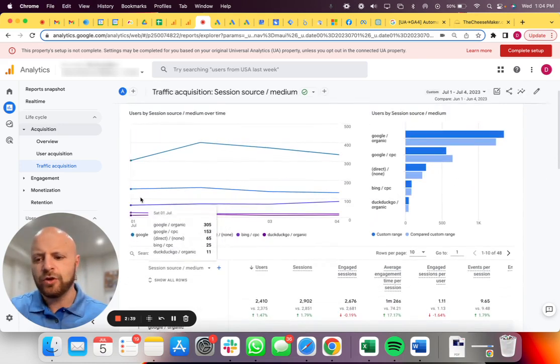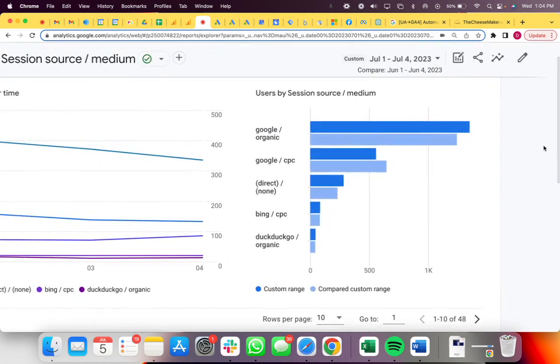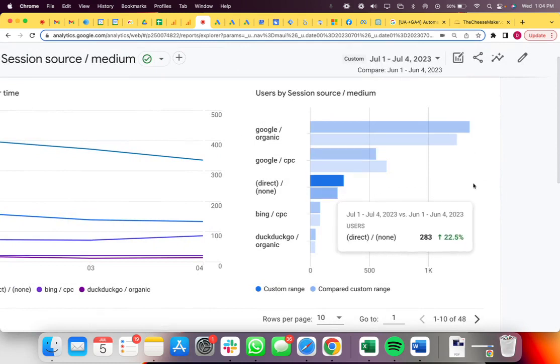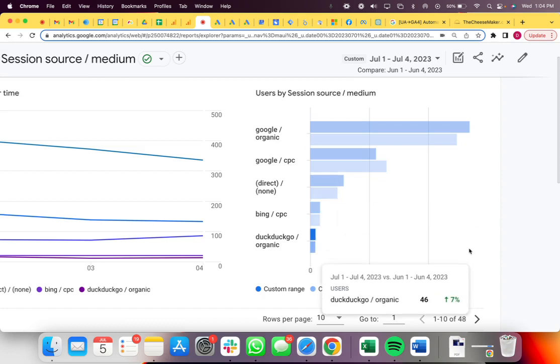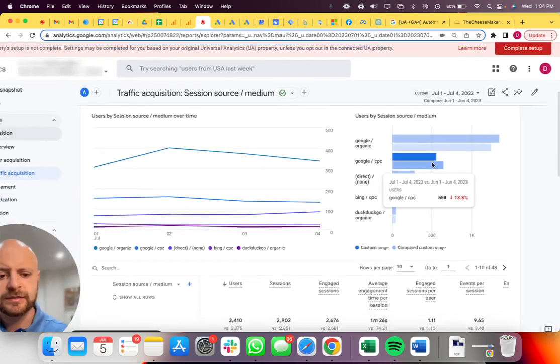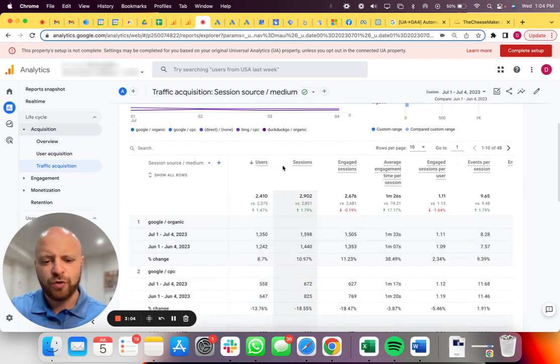I do like looking at the traffic acquisition report, at least from an advertising perspective. And what we can see is organic traffic, Google Ads traffic, direct traffic. Those remain the top three sources of users by session to the site. Then we have Bing Ads and DuckDuckGo. A little more in Google Organic, a little bit less in Google Ads. But I more so want to look at other metrics too. These are just overall users. It shows we're up by about 1%. We see that big uptick in Google Organic. We see Google Ads a little bit down.